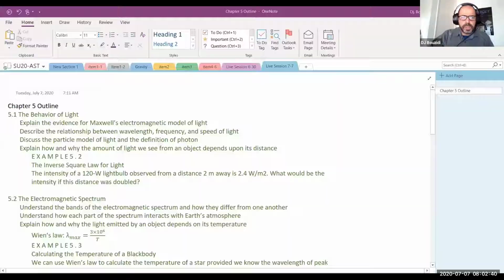These are the things that we were supposed to cover in chapters 5 and 6. This is chapter 5, and chapter 5 deals with light. The reason why light is important is because nobody went to anything outside of basically the moon and some of the inner planets and some of the outer planets like Jupiter and Saturn to actually do an analysis of anything. Even the sun, we didn't land on it. There is no way we can do that. So the only information we get about celestial objects in general is through light. That's why light is very, very important.